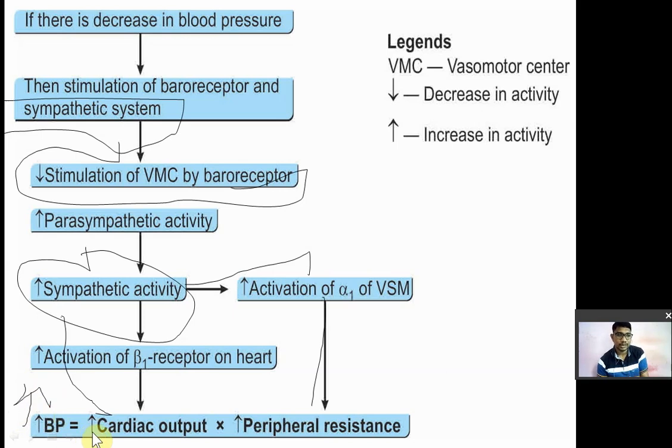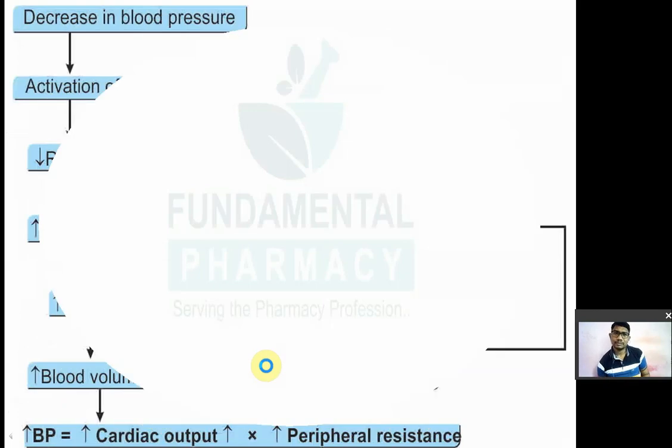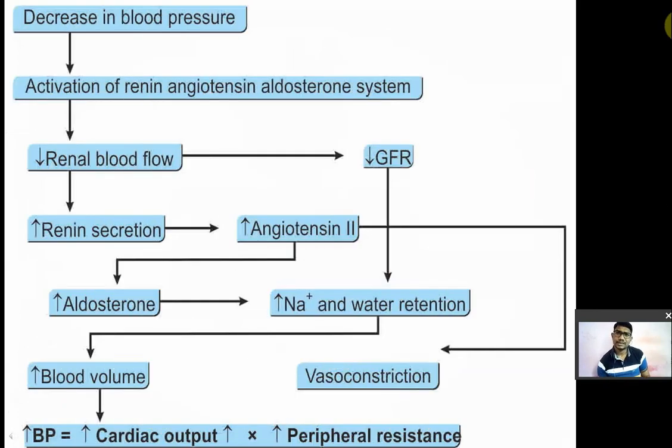mechanism to counteract that? आपके बॉडी का ब्लड प्रेशर कम हो गया है तो उसको काउंटरैक्ट करने के लिए कौन सा मैकेनिज्म है? There are two mechanisms: first one is a baroreceptor mediated mechanism and second one is a hormonal mechanism. So this was a baroreceptor mediated mechanism, now we'll see the hormonal mechanism. So hormonal mechanism is like that, so if there is a decrease in the blood pressure, जैसे आपके बॉडी का ब्लड प्रेशर डिक्रीज होता है